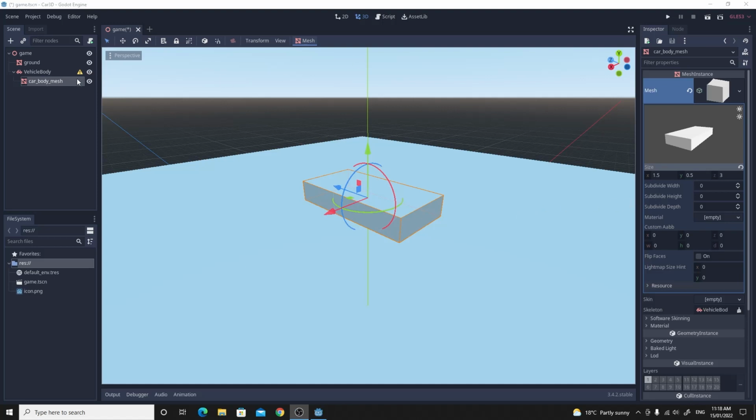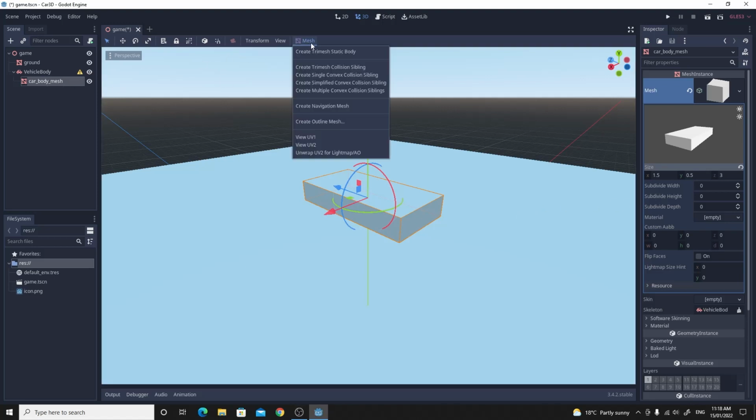The mesh itself does need some sort of collider. So if I click on mesh, this is what you would do if you had a more complex mesh. I could actually just give this a box collider right now and it would be fine. But we can use this mesh menu to create a tri-mesh collision sibling. So I'm going to use the convex one because I know that it needs to be